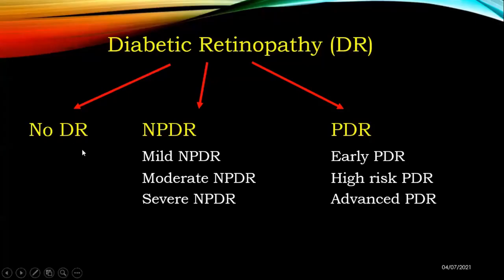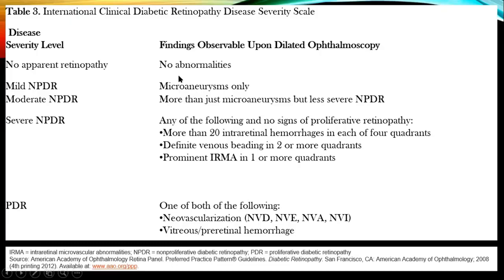To simplify this, basically diabetic retinopathy is divided into three categories: no diabetic retinopathy, non-proliferative diabetic retinopathy, which again divides into mild, moderate, and severe, and then proliferative diabetic retinopathy: early, high risk, and advanced. And this is how we classify it. So everybody needs to be familiar with this International Diabetic Retinopathy Disease Severity Scale, not only eye doctors, but everybody,